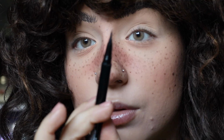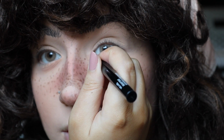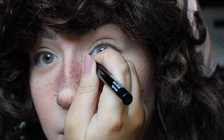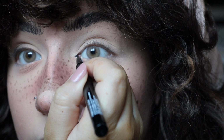This is my holy grail, and the pens last forever if you are willing to kind of clean those bristles because they can get a little gunked up. So taking this pen, do you see how fine this is? Look at that. Isn't that crazy? I'm just going to draw a teeny tiny triangle. Like that. I'm gonna do a pretty thin line